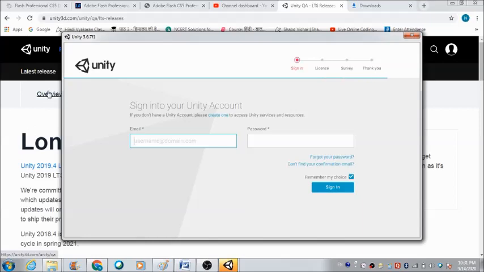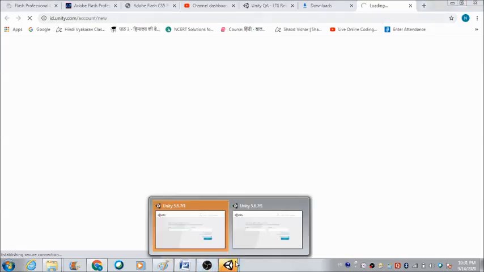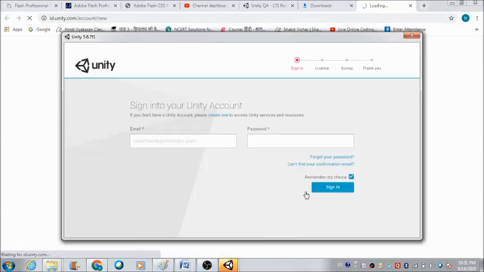Okay, so now this is a sign in page. For this I am going to use my personal email ID. You can use yours, and if you do not have one, please create an email ID, because on that email ID you will be receiving a link. Once you are done with registering your profile on this platform, you will get a link on that email ID.